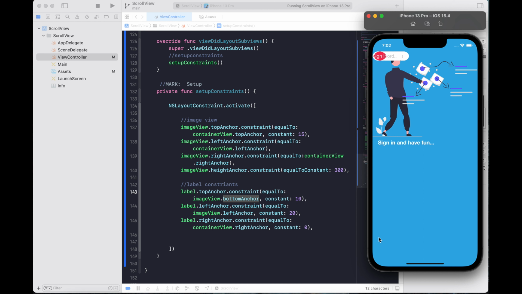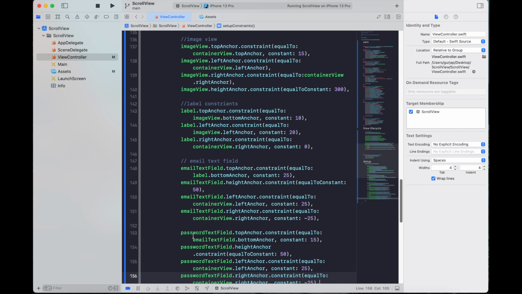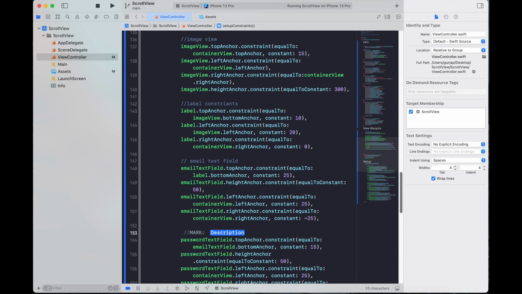Here you go. So we have the label and we have the image view. Next one is, again, for the email text field. I will quickly add the email text field and our password text fields. They are pretty much similar. I will explain how things work for them as well. So I'm gonna put a mark in here for email text field, and here a mark for password text field